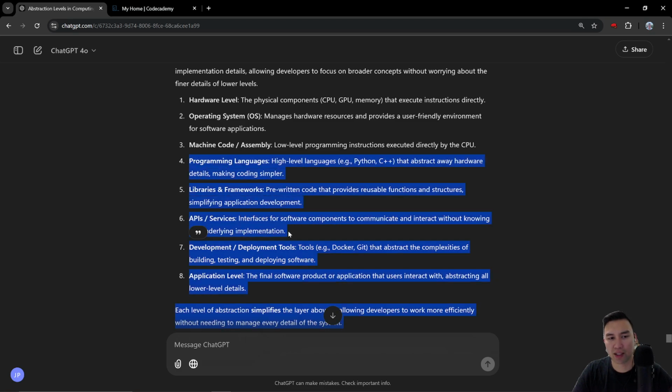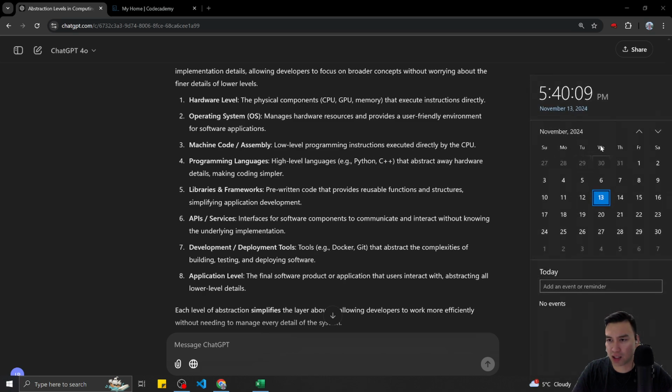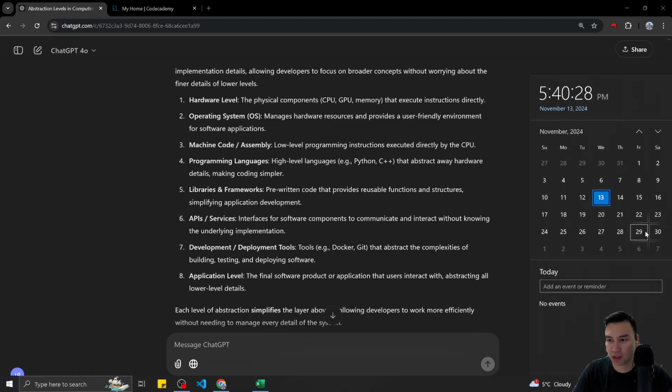So for now, within the next 2 weeks, I'm thinking, right now it's November the 13th, I have 2 weeks to sprint my way from programming languages, libraries and frameworks, APIs and services to development and deployment tools. I really need to get my Codecademy done by the 30th, so that I can be at a reasonable level to start trying the deployment piece.